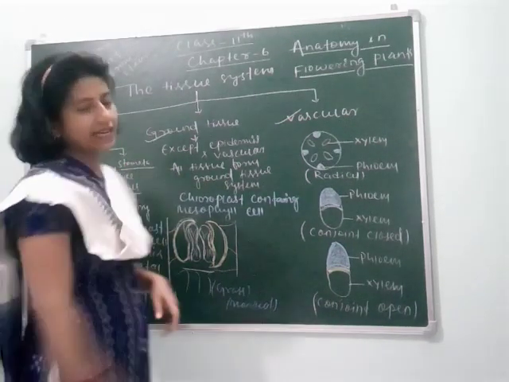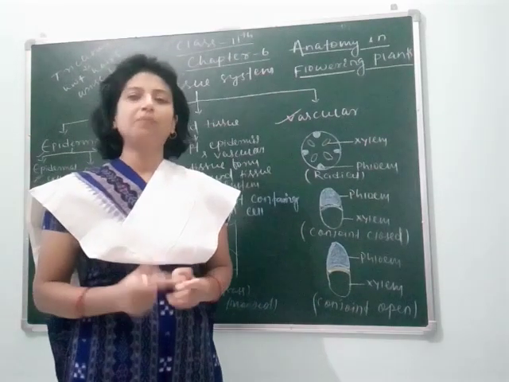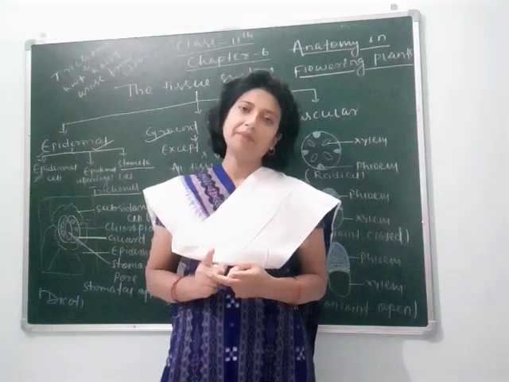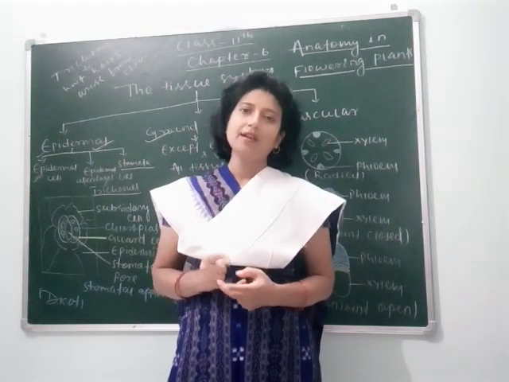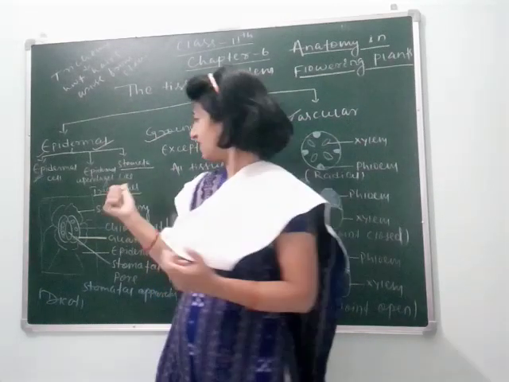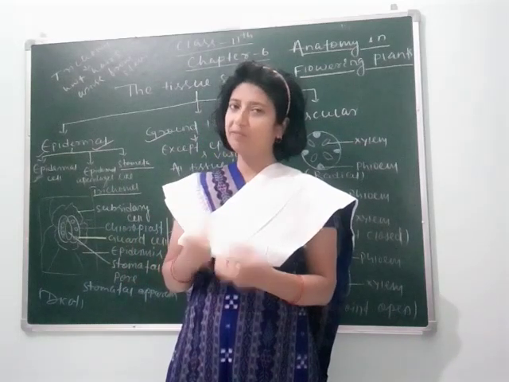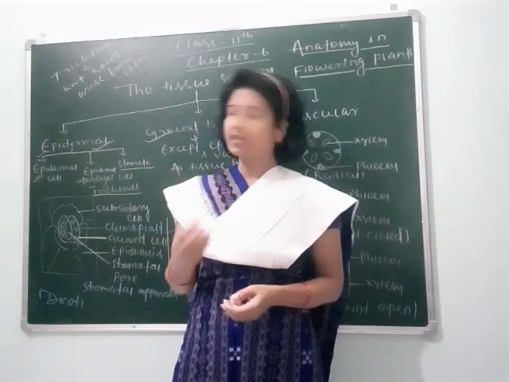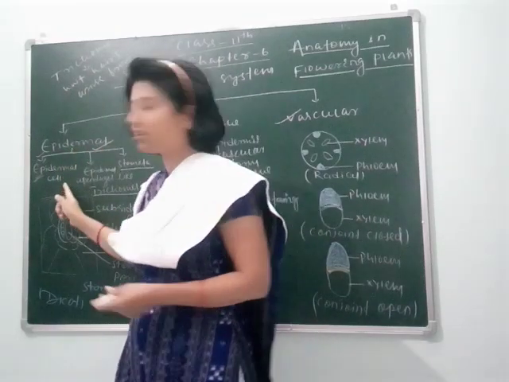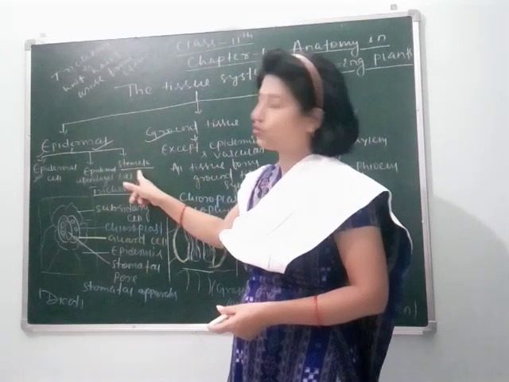Next is stomata. As we know, stomata are present on the outside of the plant. They are present in leaves in some plants, and in some plants they are present on the stem. In which plants are they present on the stem? In desert plants, as I have told you, with a thick waxy membrane to reduce water loss. So the epidermal tissue system consists of epidermal cells, epidermal appendages and stomata.